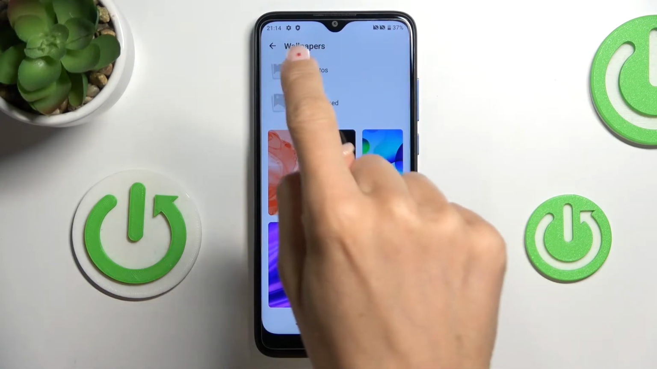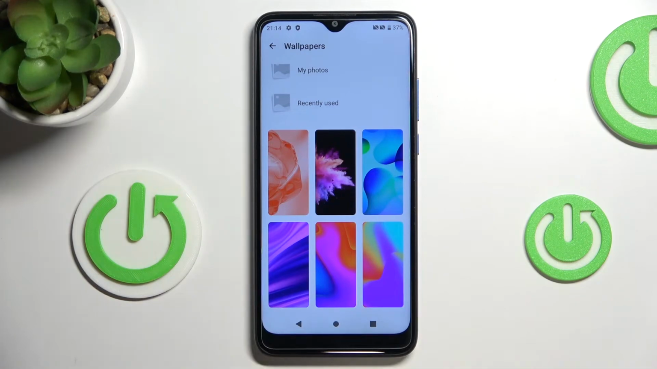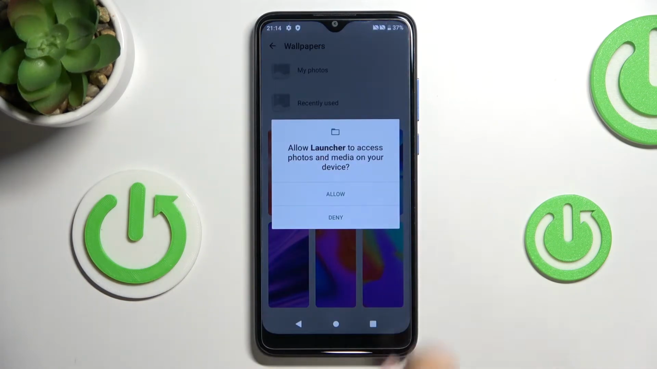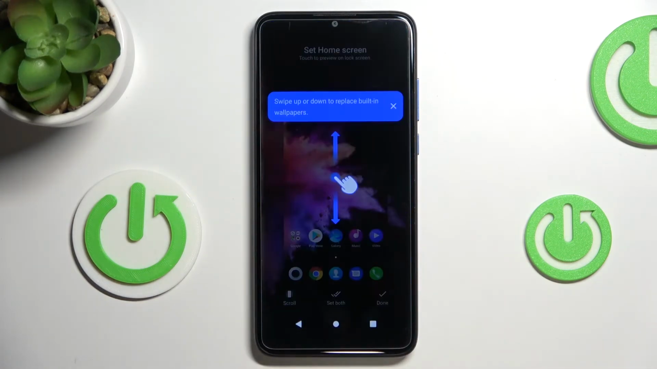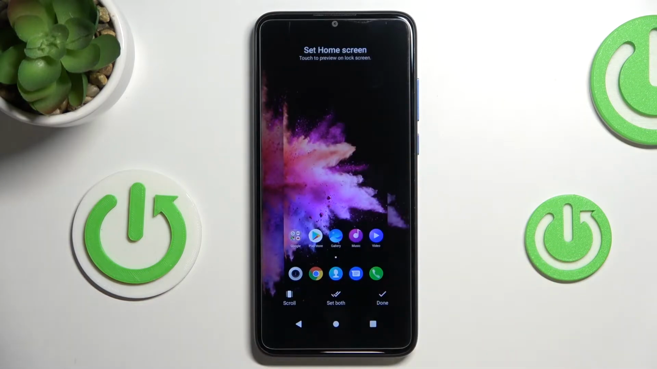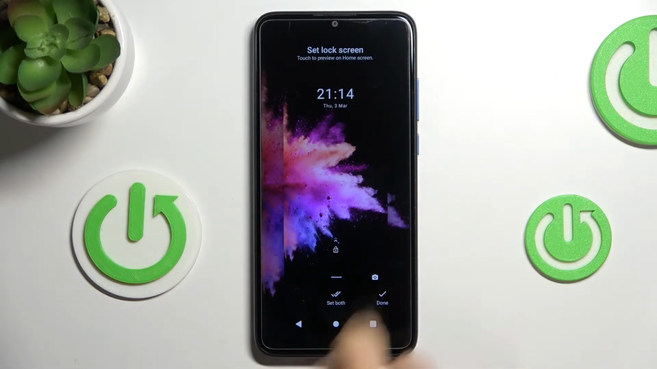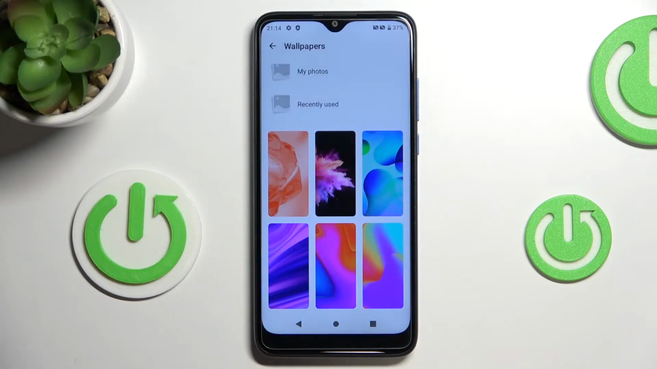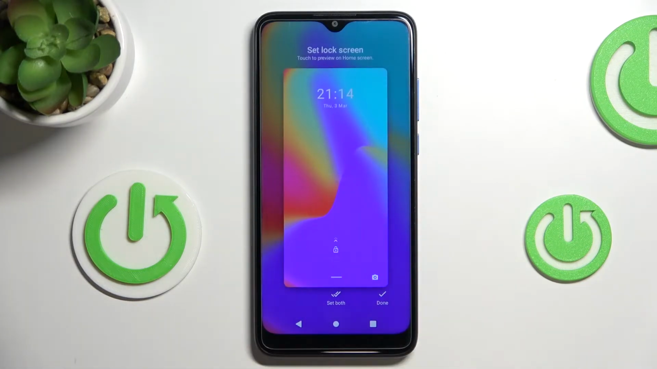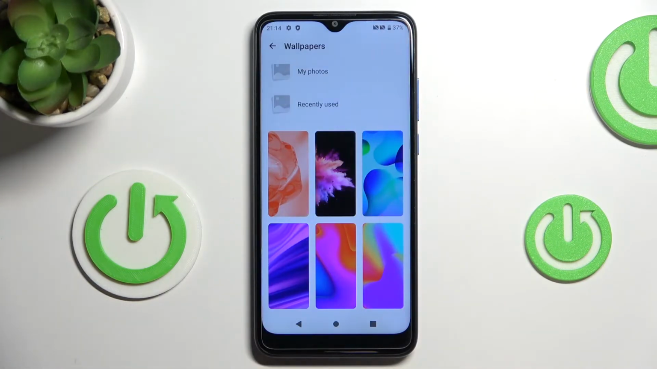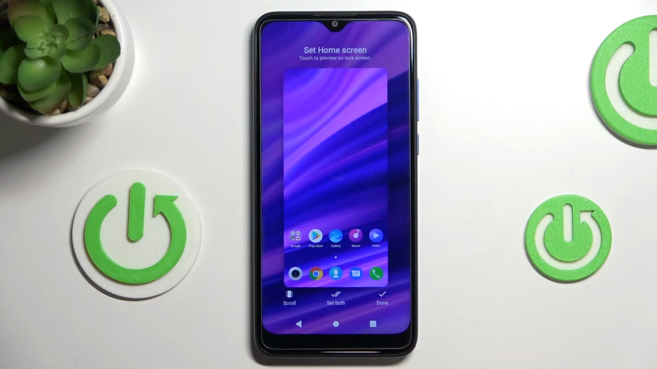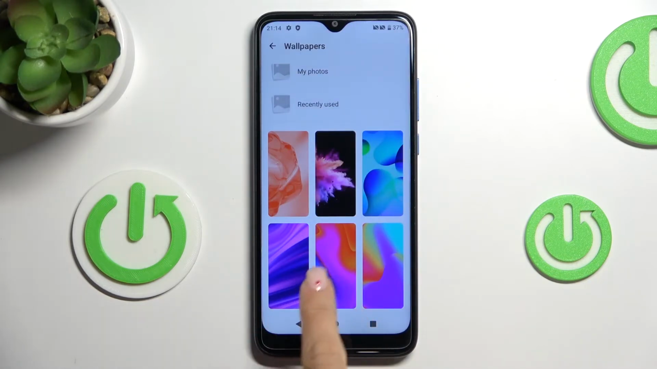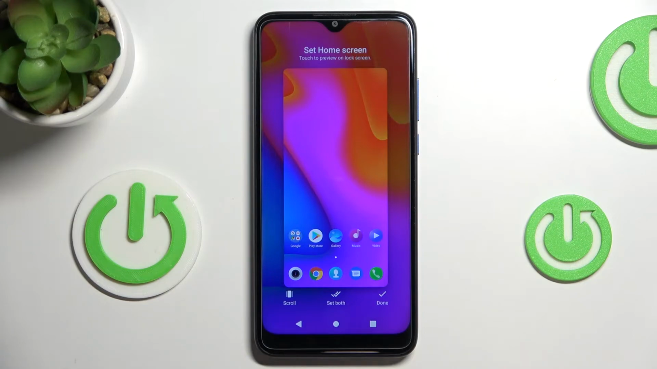You can also reach my photos, recently used, and so on. Just by tapping you can check how it will look on your lock screen and also home screen, and if you'd like to apply another one, you can check it the same way. So just pick the picture that you like the most, and for example let me choose this one, and then tap on done or set both if you would like